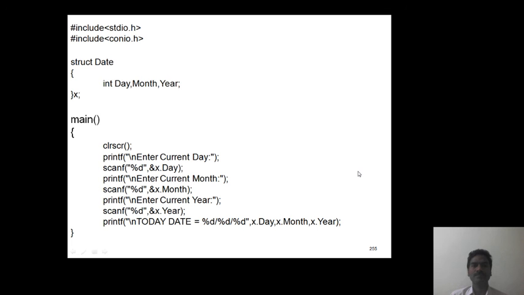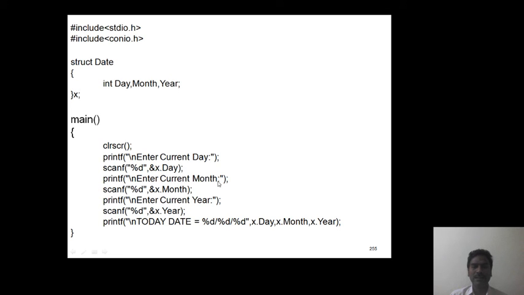Okay. Let us take an example. Now struct date. So we are creating a user defined data type like struct date with three members: day, month, year. Now we are defining the variable as x. Now the main program. First read input values day, month, year. Enter current day, so x dot day.